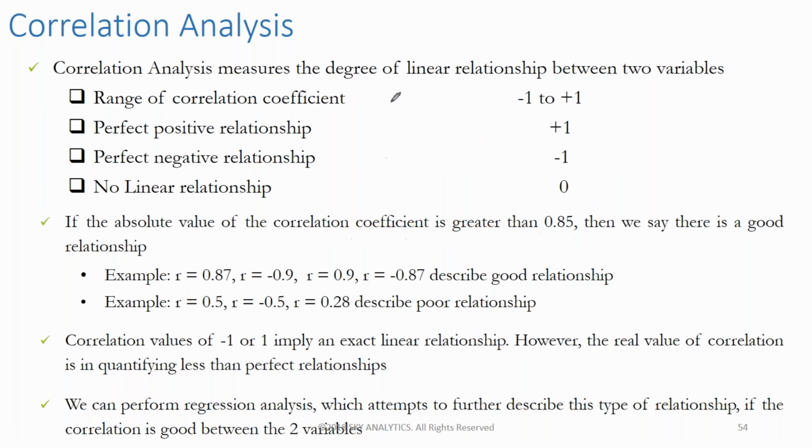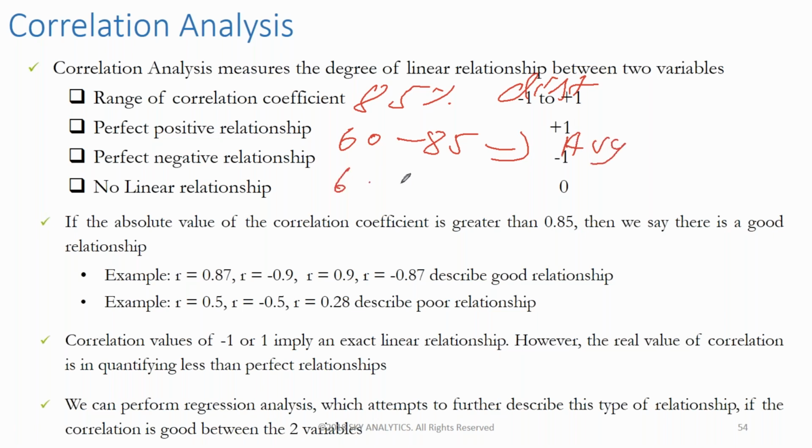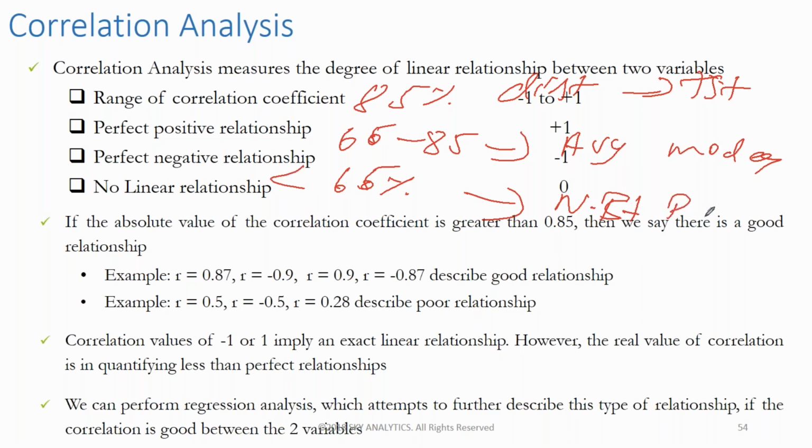It is simple. Consider that you have written an exam. If you get 85% and more, you'll be considered as a distinction student, right? If you are between 60 to 85%, you are considered an average student, first class student. Less than 60%, you are considered a normal student, right? So similarly, here it is positive, strong, it is moderate, and here it is 0.65. Moderate, and less than 0.65, it is poor model, normal model. Normal means poor model, we can call it poor correlation.